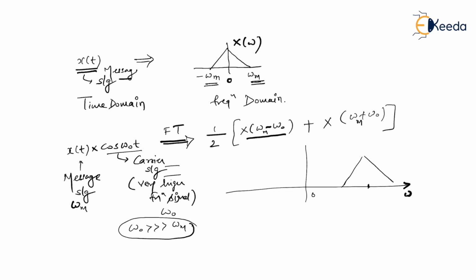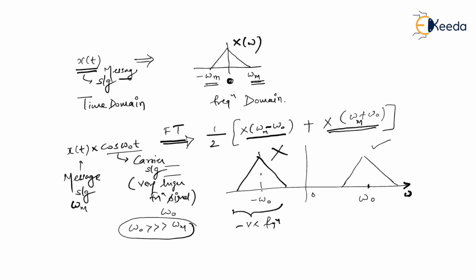As you can see, your signal has now been shifted to omega naught frequency. Am I right? And we have one more frequency content as omega m plus omega naught. So we get one more content over here with frequency as minus omega naught. But in real time, these are negative frequencies. So let us ignore this part and concentrate on this part.